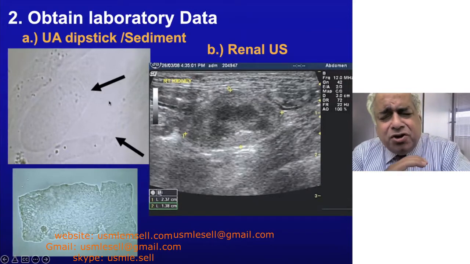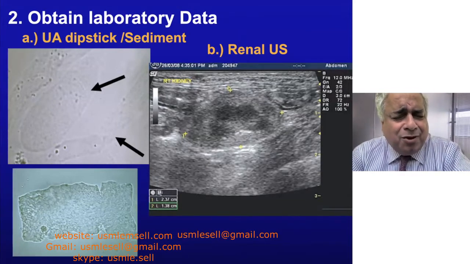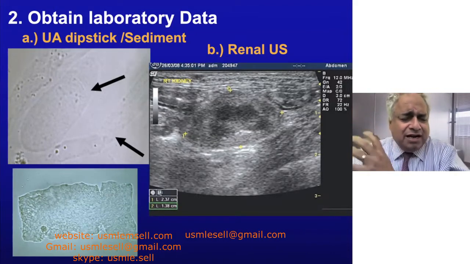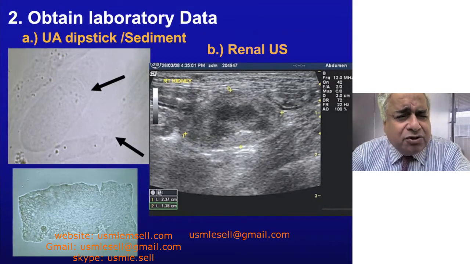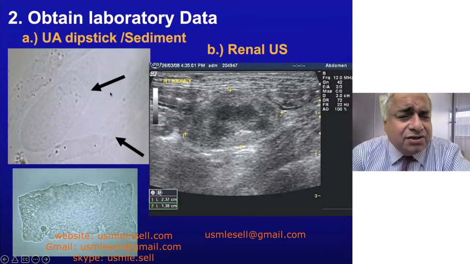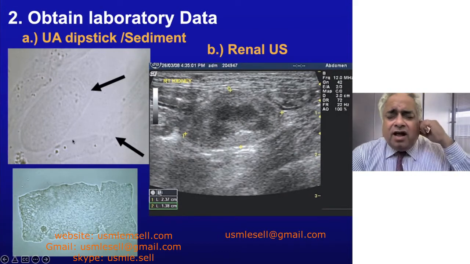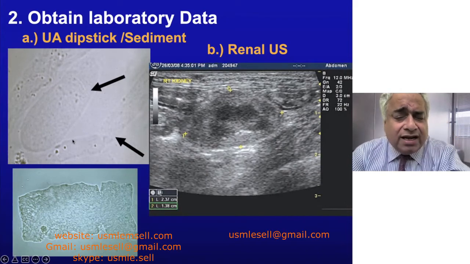The second thing you should do is look at lab data. I know virtually no primary care practice now will have a patient with kidney disease and spin their urine and look at the urine. It becomes very challenging with OSHA requirements, etc. But if you had the opportunity to look at the urine, you'll often see, on high power under the microscope, these broad casts. These are broad hyaline casts because their tubules are dilated. Sometimes these casts can look waxy in appearance with cracks in them. These are waxy casts, and they're broad. And this is a very important telltale sign of chronic kidney disease.